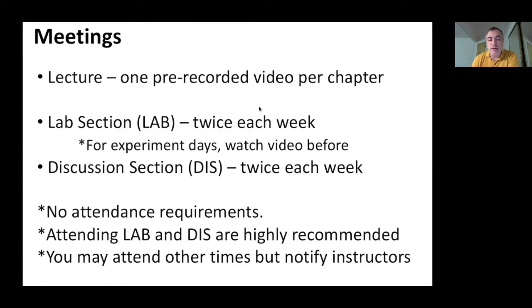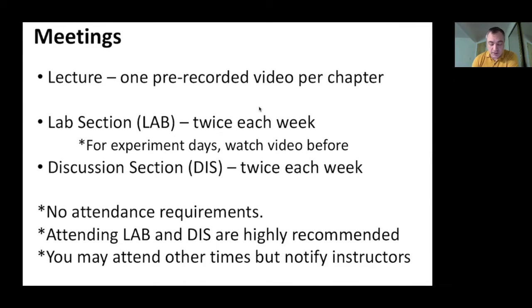We understand that there are difficulties. You signed up for a particular time, but maybe you thought that time didn't matter. Maybe you can't make that time now. If you can officially switch sections, go ahead and do that. But if you would like to attend another time in a particular week, or maybe overall things come up, just notify the 2 instructors, the one that you're not attending and the one that you will be attending, to let them know. I should also add that if you attend the same section each week and you're actually faithful to that, it'll give you a chance to get to know your graduate student instructor a little bit better, for them to get to know you better, and there could be just better interactions there overall.